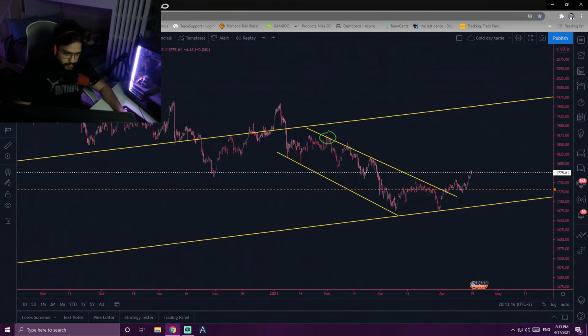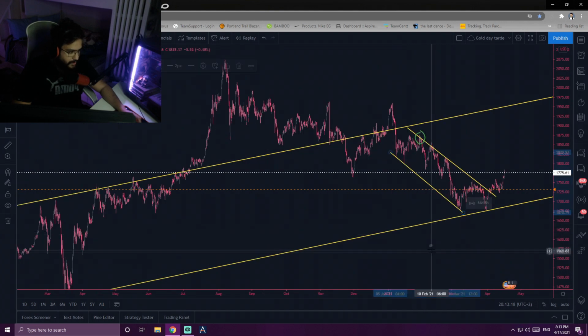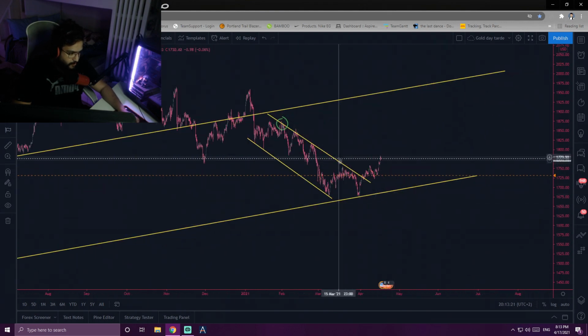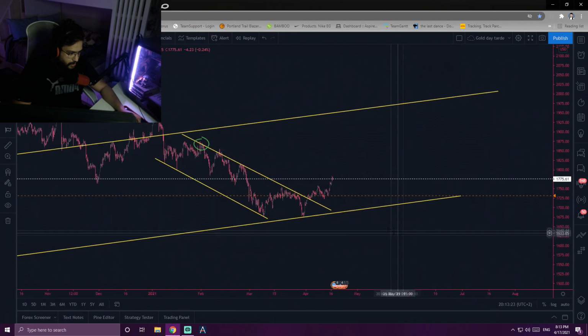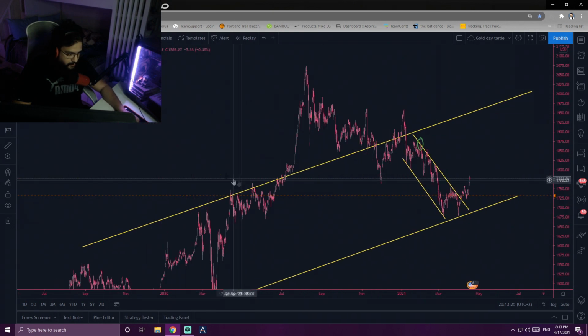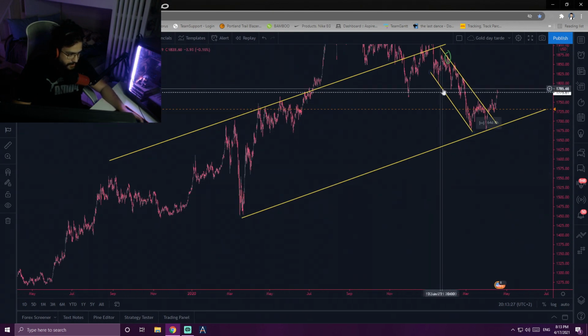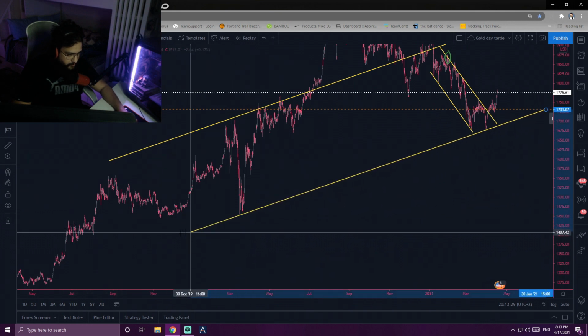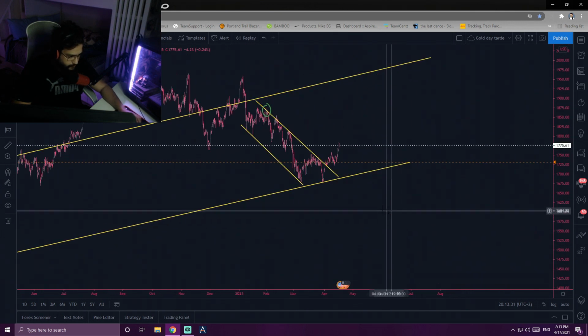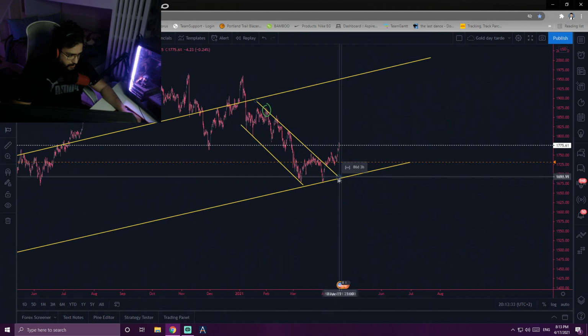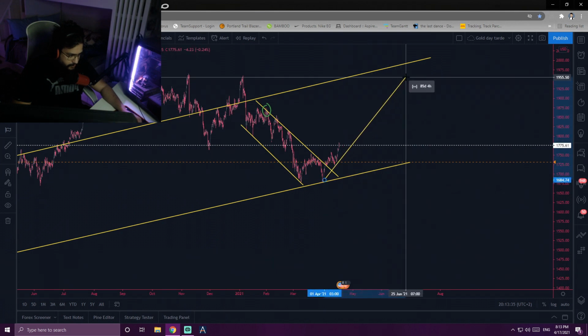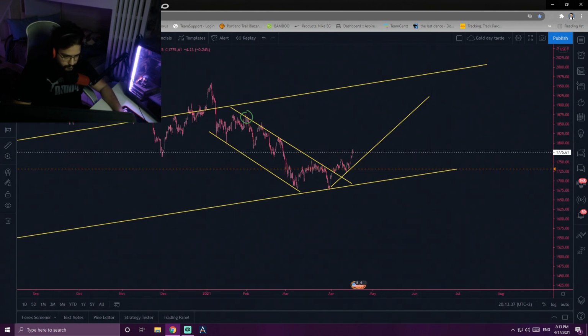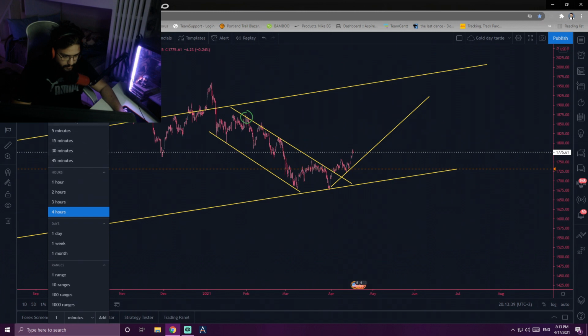One second. Okay, let's try it right here. So that's our 4 hours. As you can see, it broke out the channel and we are creating a new trend. But if you look at the bigger picture, it's inside that main trend, the big trend before the coronavirus hit. So what I was going to do is I will start with that new trend line right here, move into an hour,